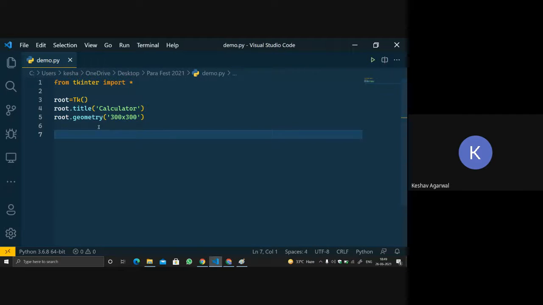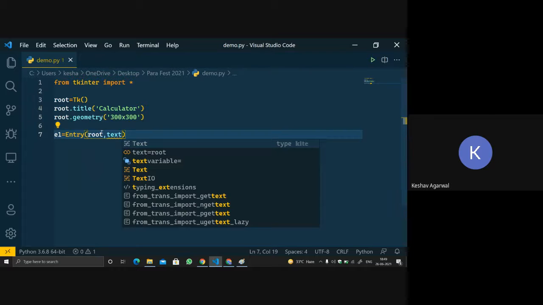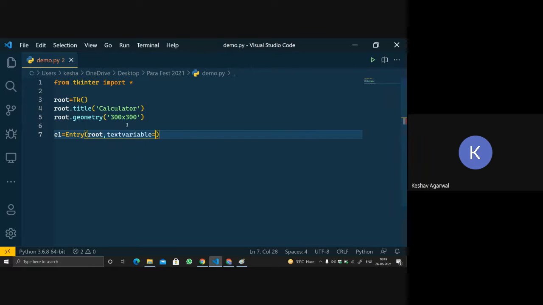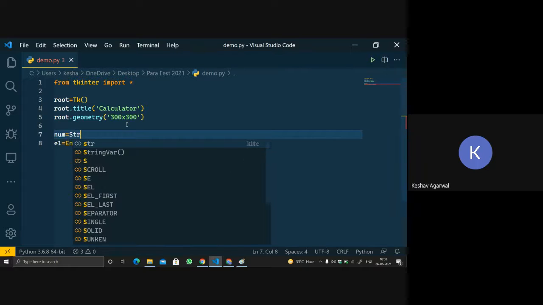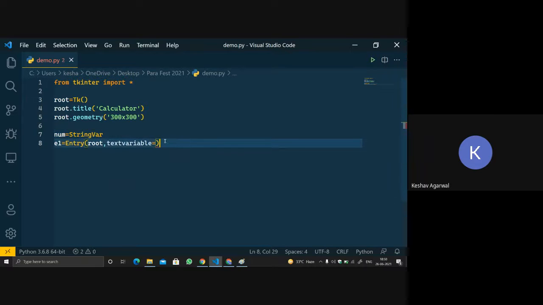Let's name it e1 equals Entry, and in e1 we pass root because it is the master. Then we give textvariable equal to something we have to define: num equals StringVar(), and then we use num.